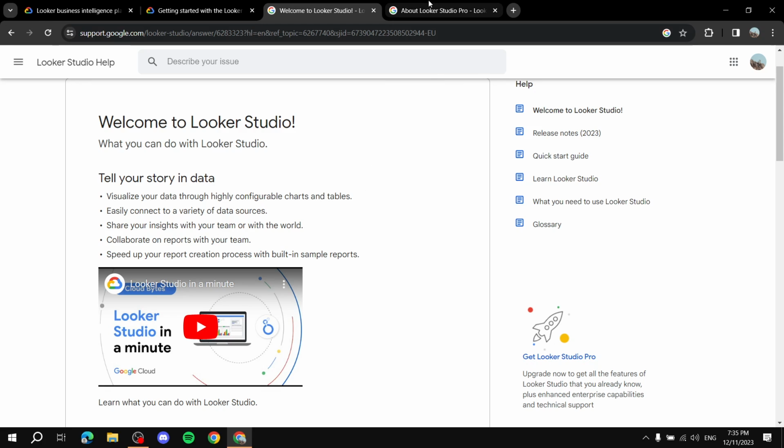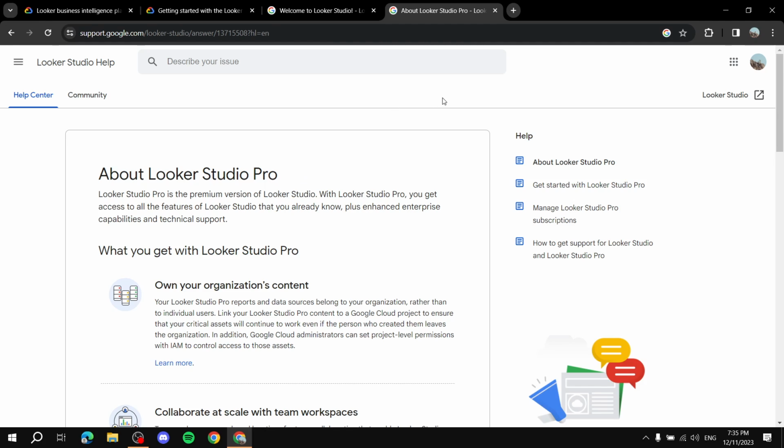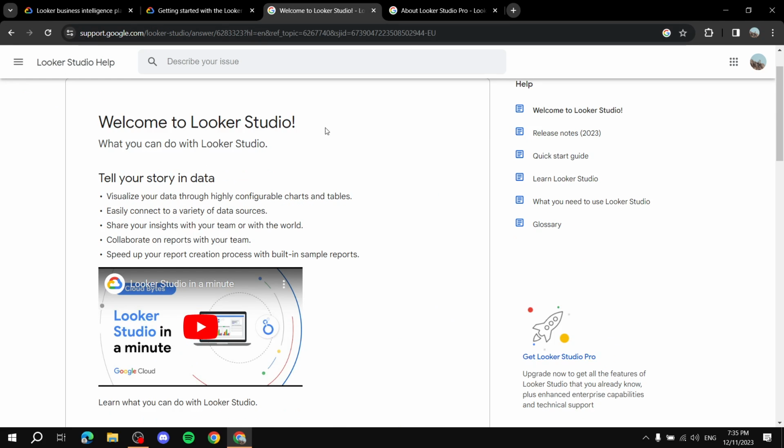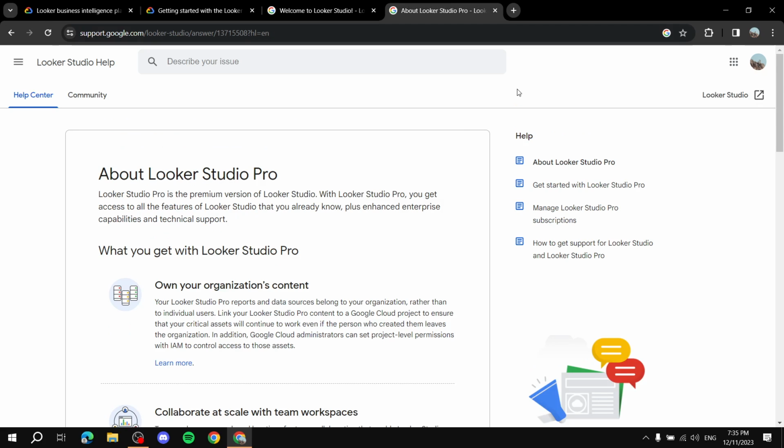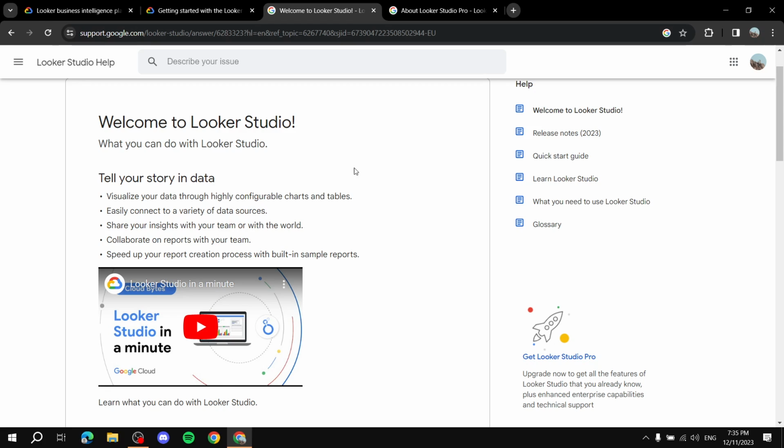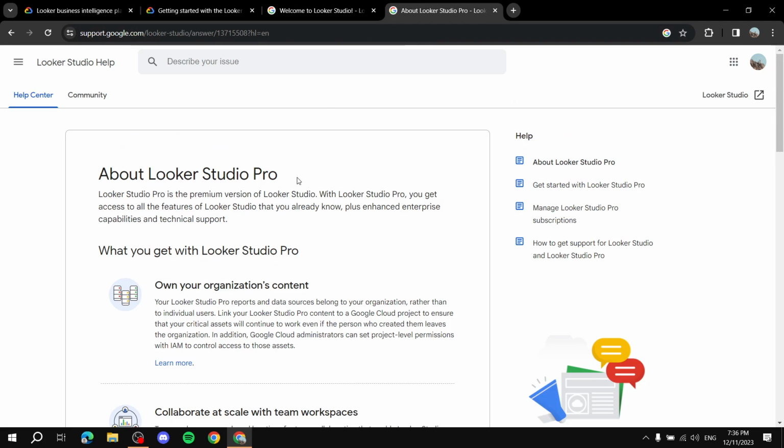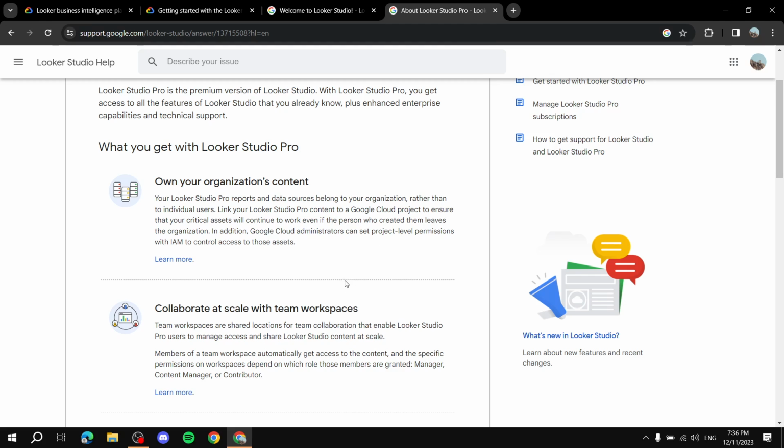And then lastly, Studio Pro is going to be basically the paid version. By the way, if I didn't mention, Looker Studio is going to be free, and Studio Pro is the paid version of Looker Studio. So Looker Studio Pro is basically the same as Looker Studio, but it adds more features, such as team collaboration and those things. I will be going over some of the features that Pro adds to Studio and all of those things. So I have a note here,